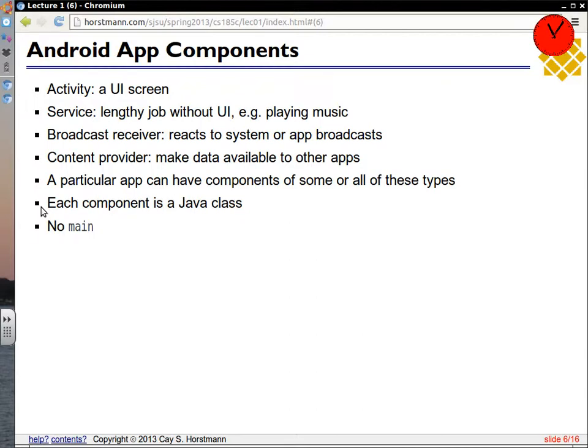And there really is no entry point. There's no main. It's not like a top-down application like you might see in CS1. Like any graphical application, it just sits there and waits for stuff to happen. So for example, when you start the application, a screen gets put up, and then your application just kind of sits there waiting for user interface events.